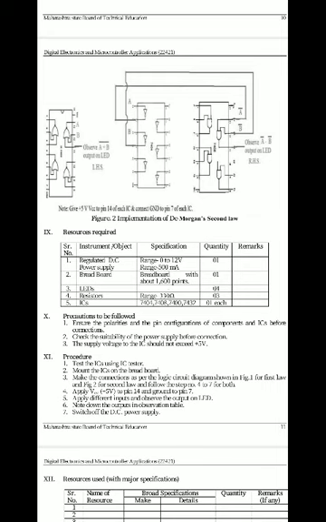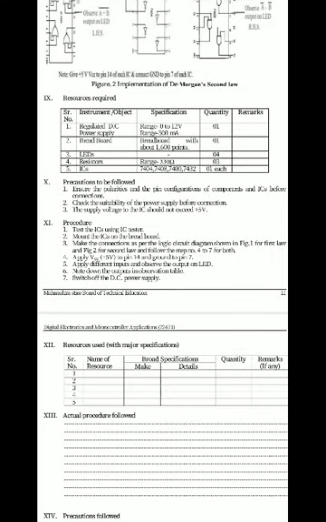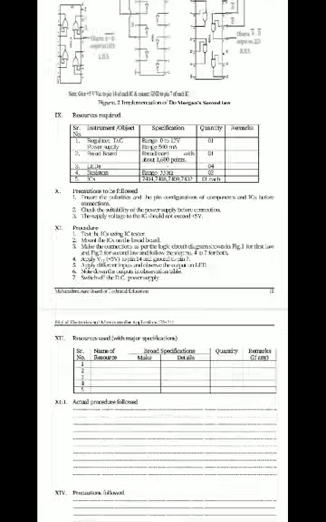We implement these connections on the breadboard. A regulated DC power supply is required for this connection, then a breadboard, LED, and 330 ohm resistor, and ICs 7404, 7408, 7400 and 7432. These ICs are required for this connection on the breadboard. Let's start the connections on the breadboard and prove De Morgan's theorem.